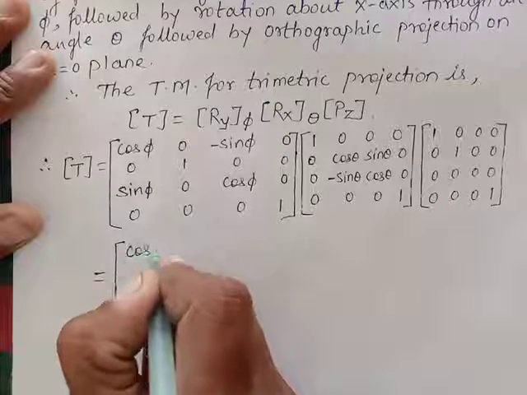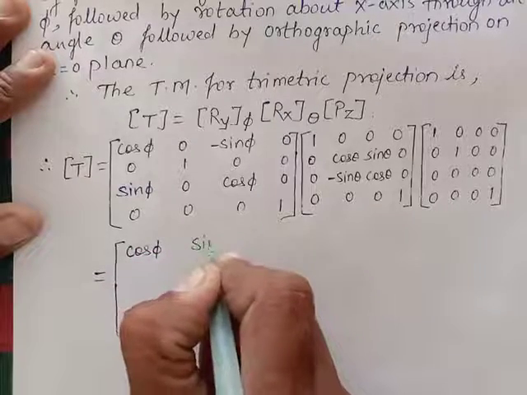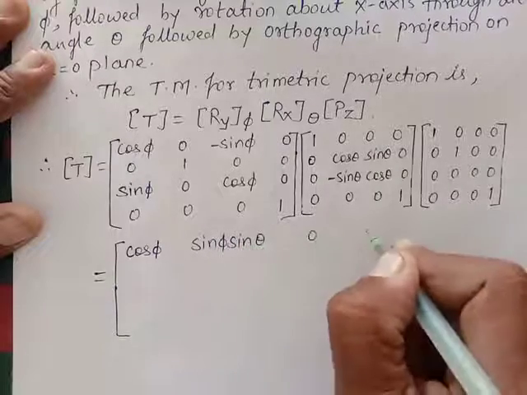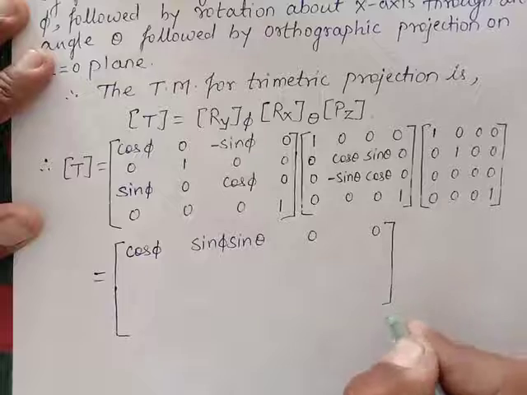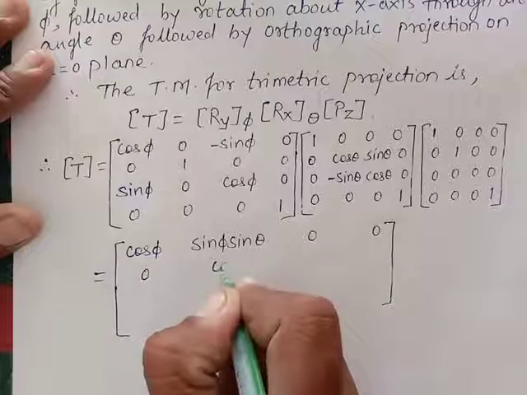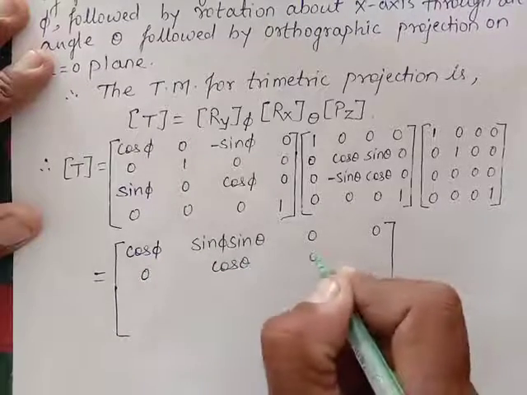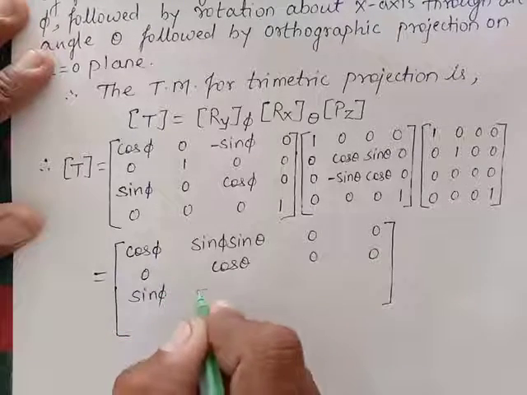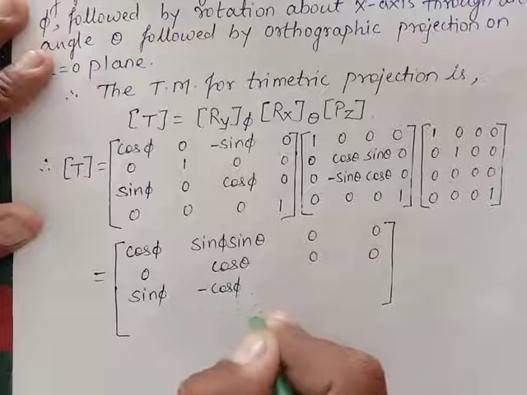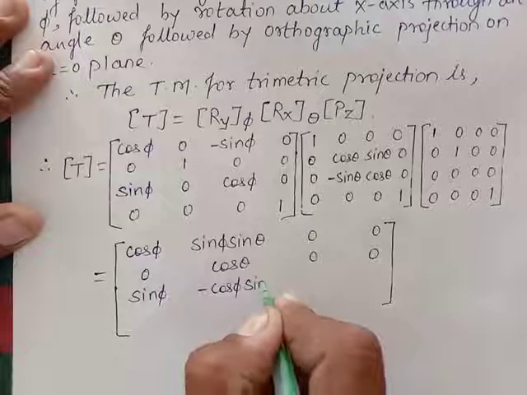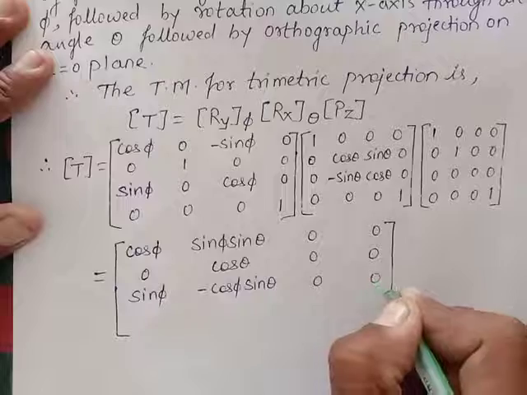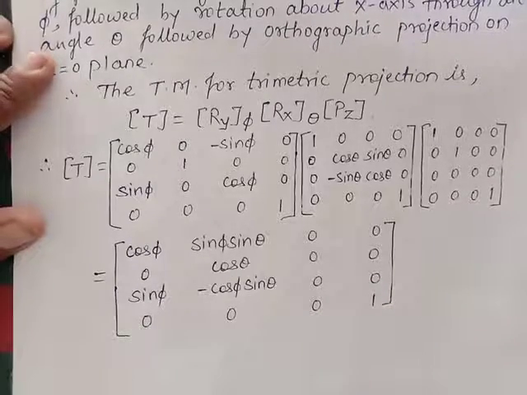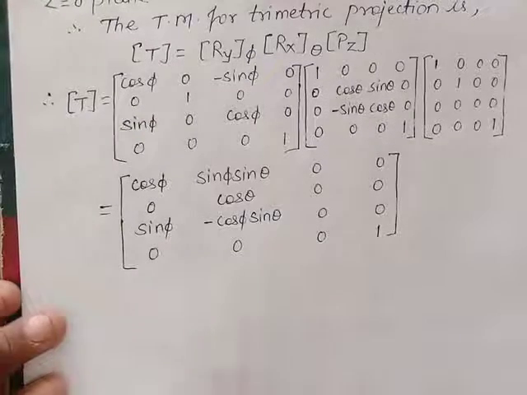cos of phi, sin phi sin theta 0, 0. Okay. 0, cos theta 0, 0. Then sin phi, minus cos phi sin theta 0, 0 and 0, 0, 0, 1. This is a matrix for transformation where